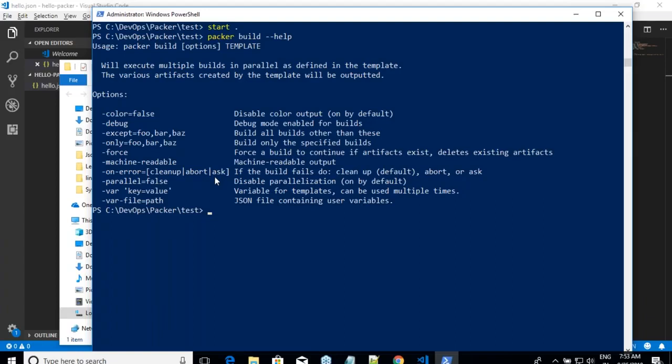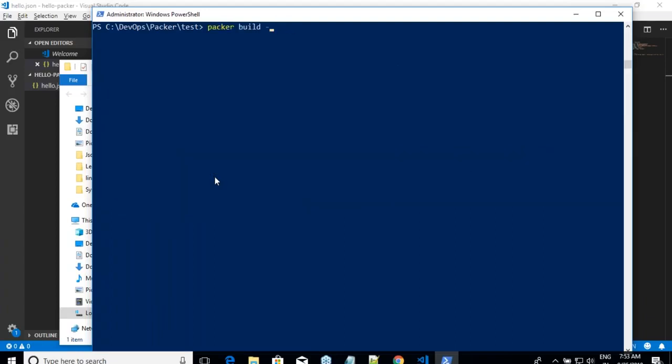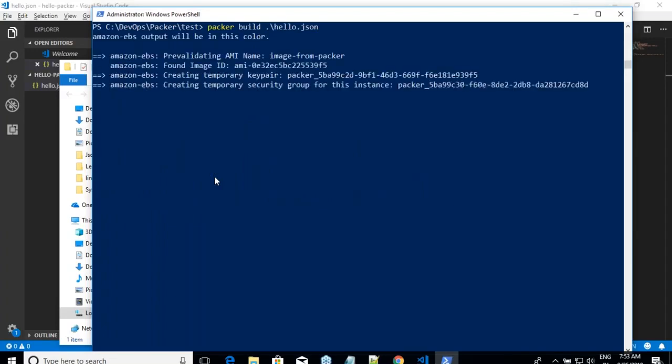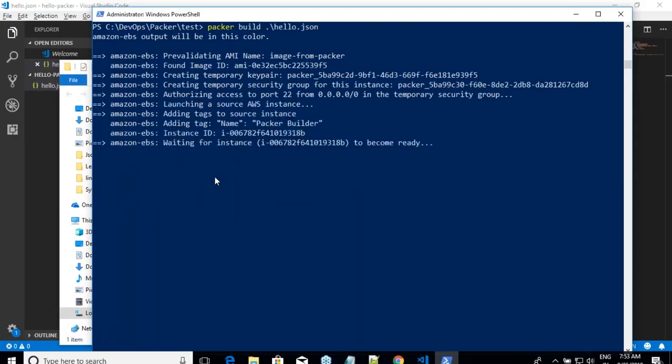Now let me execute the same stuff. Packer build hello.json. If this time also it is failing, there is something seriously wrong. How to use the var option for Packer?